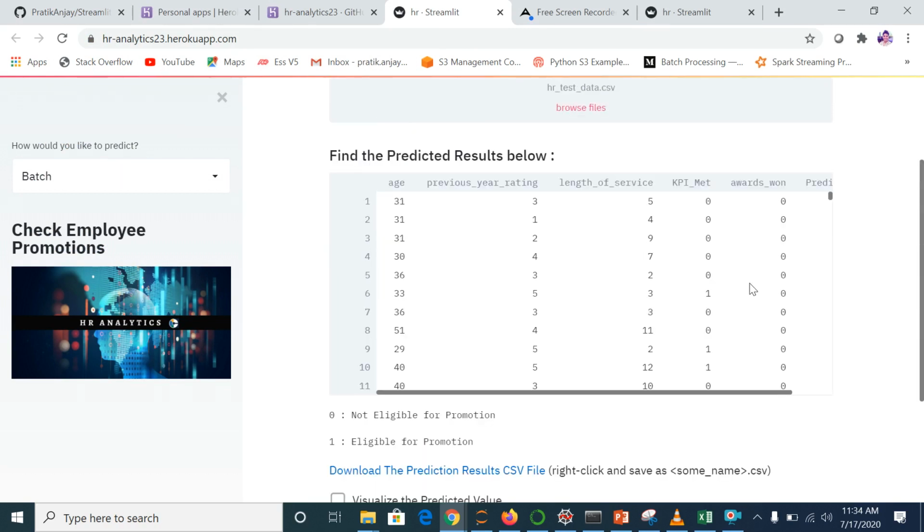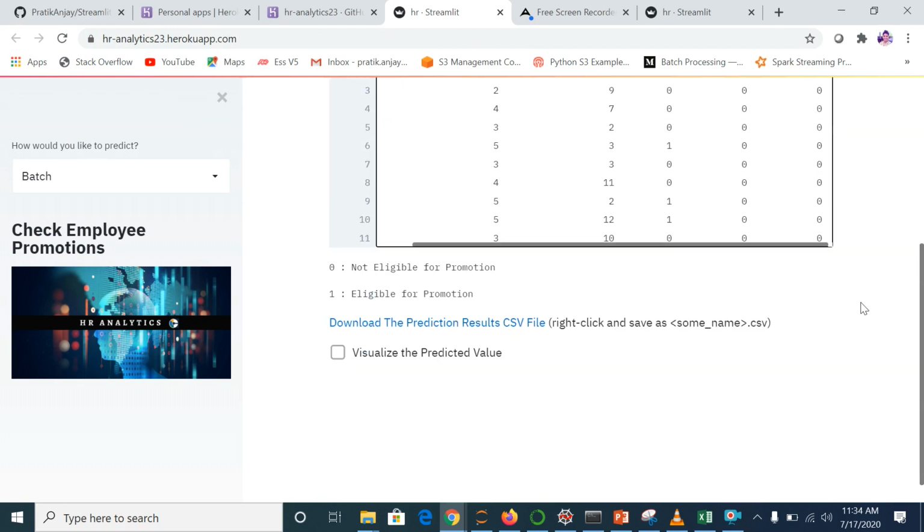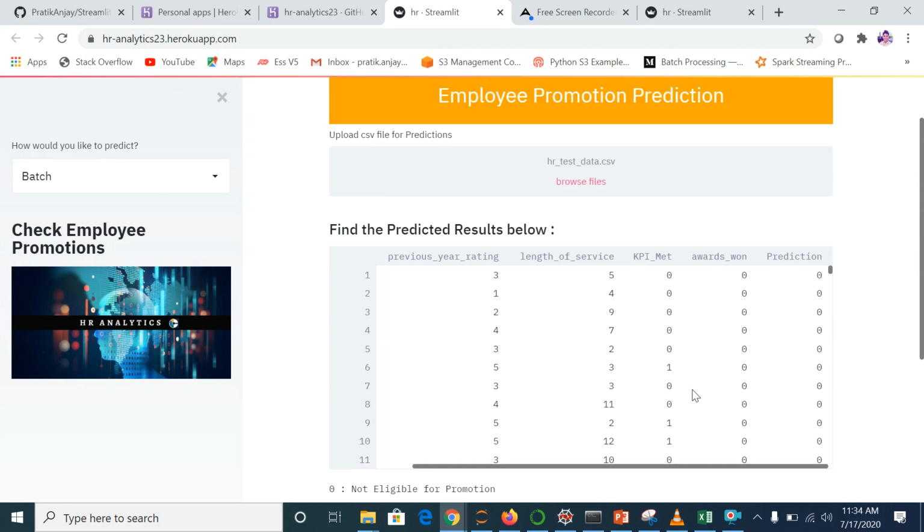So yeah, the prediction has come. Your download URL is ready. You can visualize also. So my model has been deployed on Heroku, and it is ready to use. You can share it with anyone.